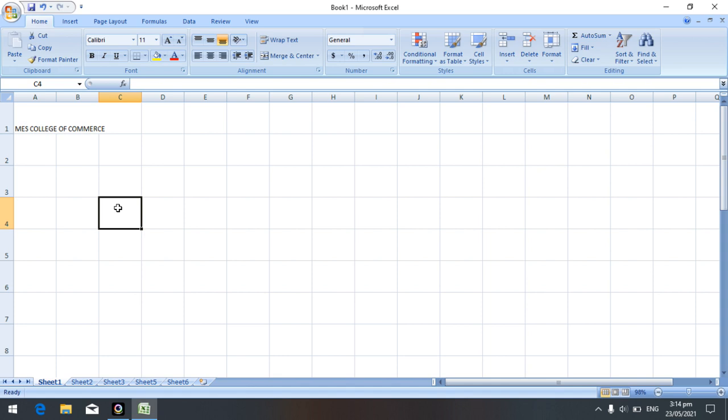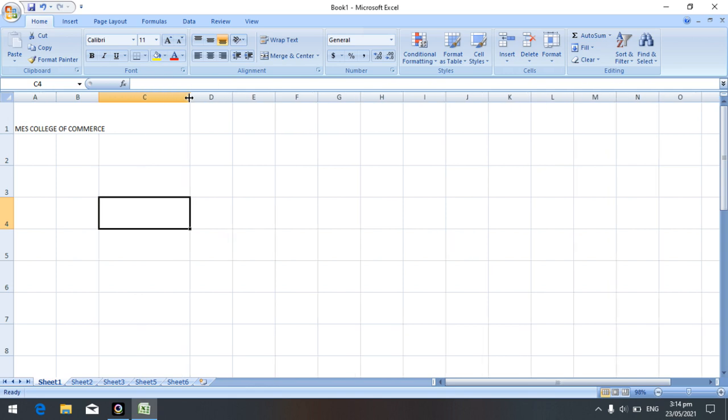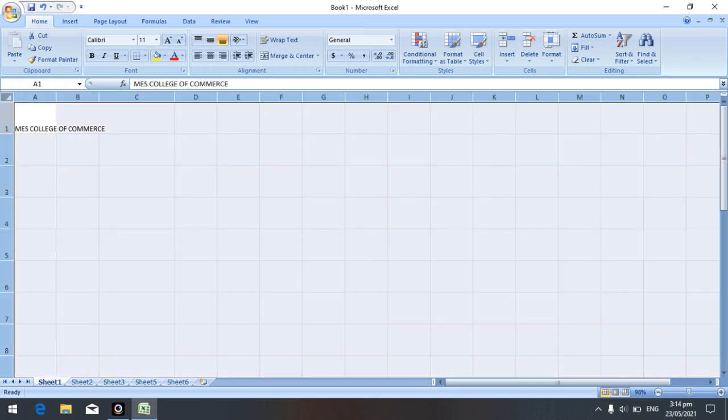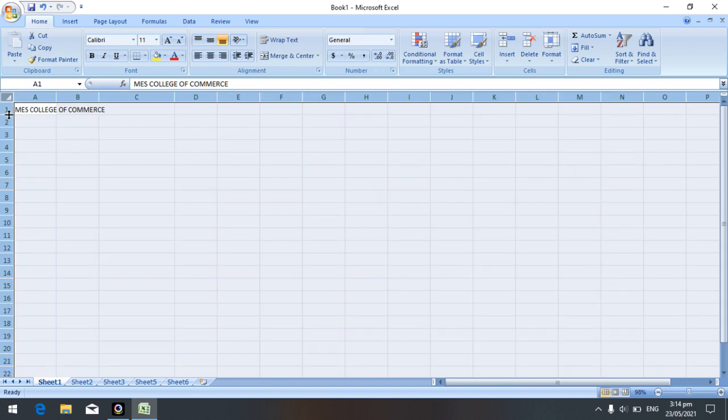If I want to increase a particular column, there is no need to use the select all button, just click here and drag. If I want to select the entire sheet and increase or decrease all columns and rows, only then you use the select all button.